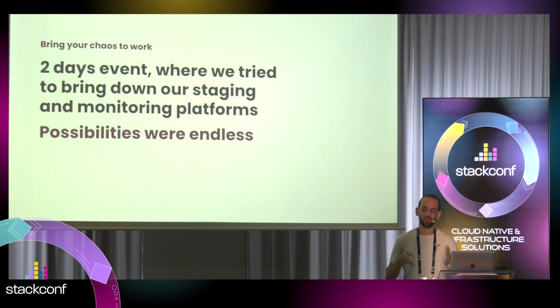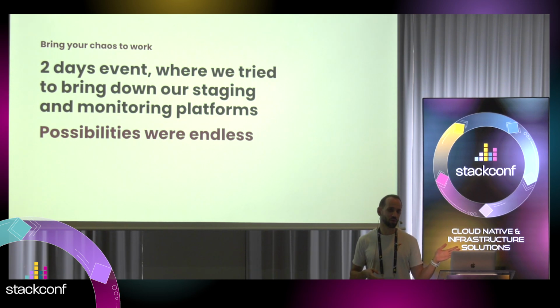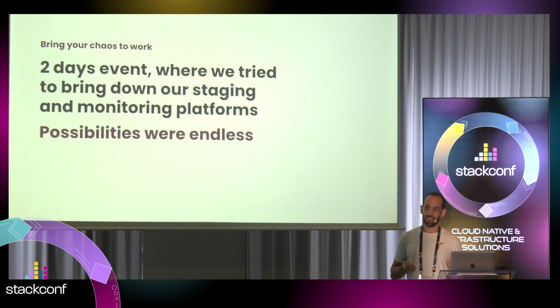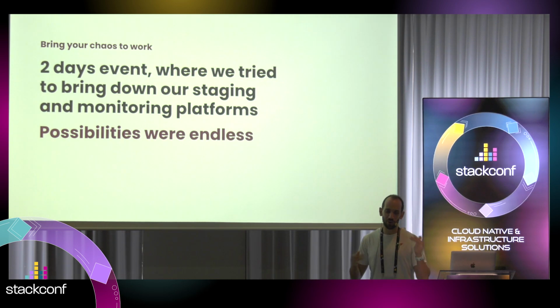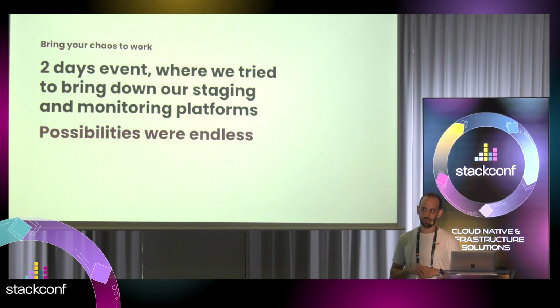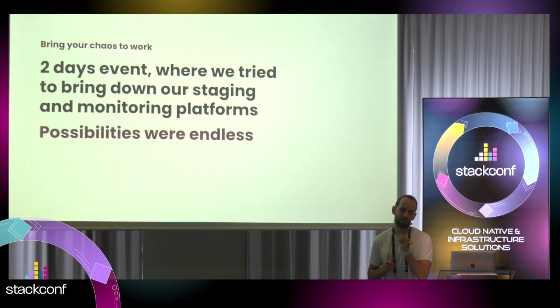We implemented this over the last couple of quarters, and we started with something very simple. We said we'll do chaos experiments on our staging cluster for a whole day. If everyone wants to join, come in, and we'll try to break things. That was very interesting. The following week, we did something similar for production monitoring, which sounds more serious. The whole DevOps team was down, and the whole day we tried to bring down our monitoring suite in production. Now we'll mostly focus on the monitoring part because it's the most interesting.